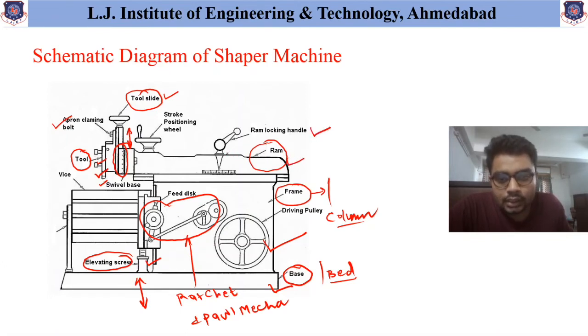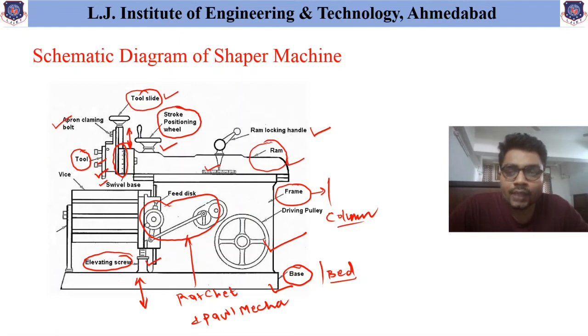This ram locking handle is also provided over here, with the help of which this ram can be locked. And as we have discussed, this is the stroke positioning wheel which helps to maintain the stroke length. So these are the basic parts of this shaper machine, and during examination, if the question is asked as explain